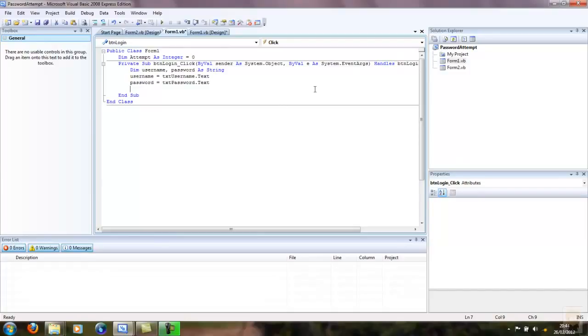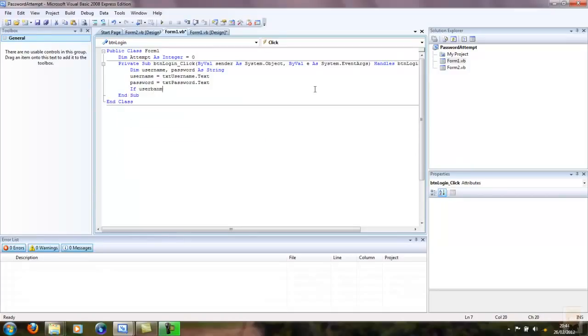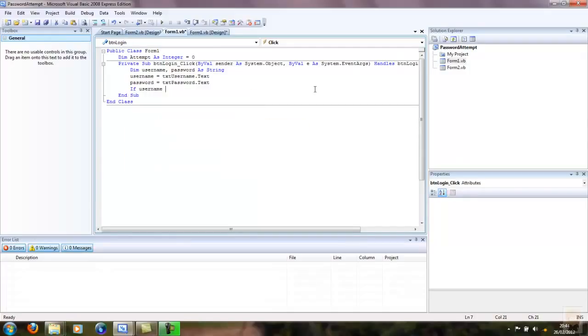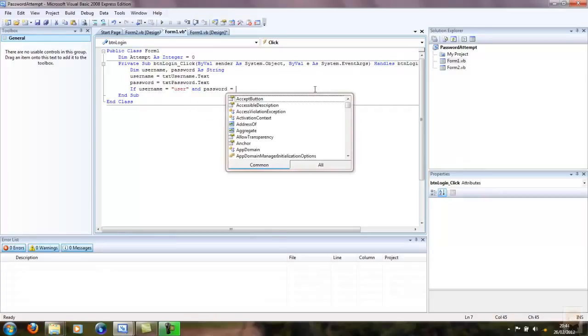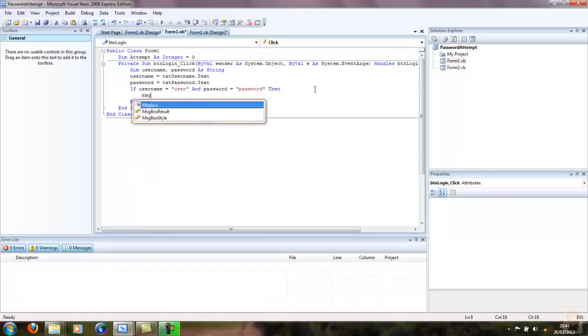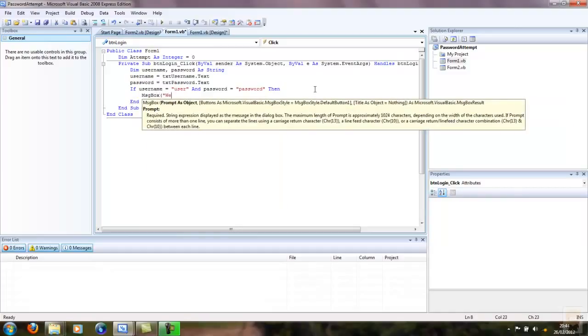Anyone who's looked at my tutorials before will be familiar with this. It's going to be a simple if statement, or an if, else if statement, sorry. It's going to be: if username equals, I'm just going to call it user for now, and password equals password, then message box, welcome,